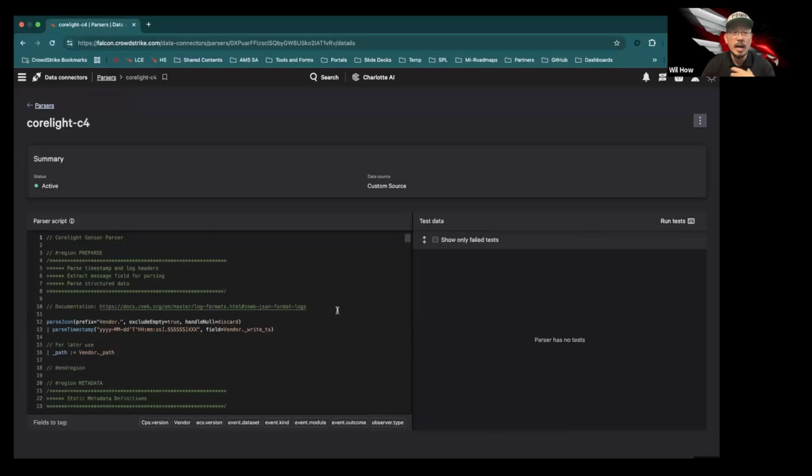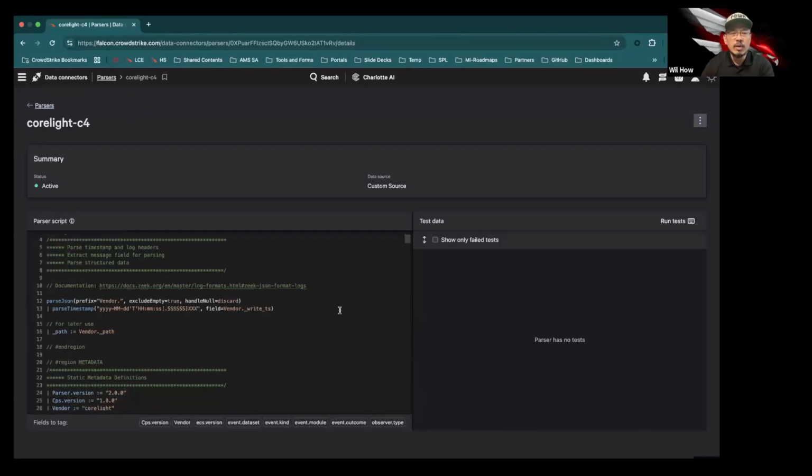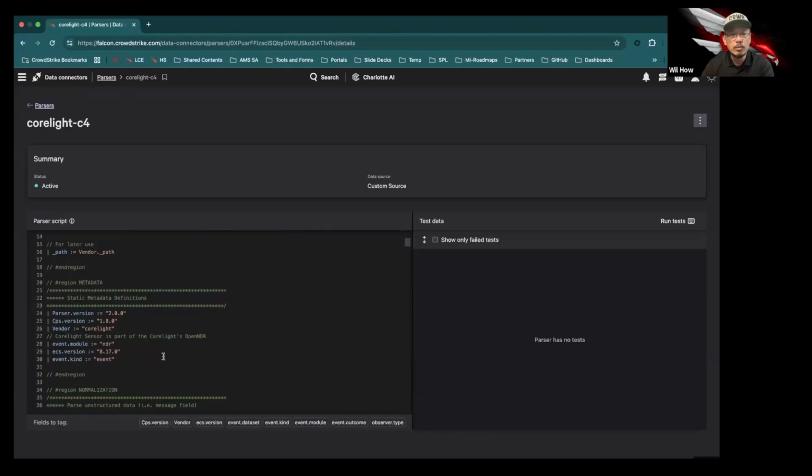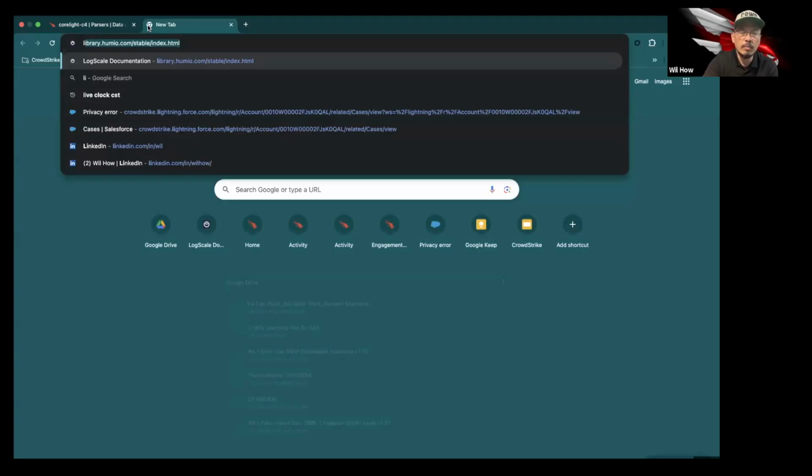It is maintained either by us, CrowdStrike, or by the vendor. And every single parser will have a section like right here that gives you some context regarding the version, the CPS, which is the schema that we're actually adhering to, the vendor, and then what module and the version that we are using. If you'd like to learn more about what CPS is, you can go to our documentation here